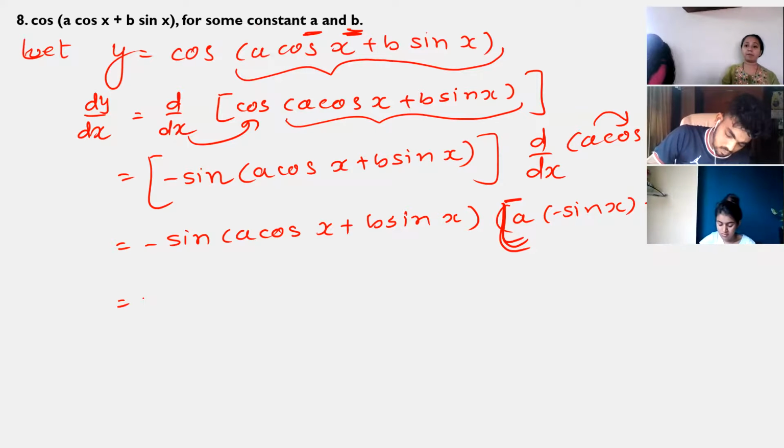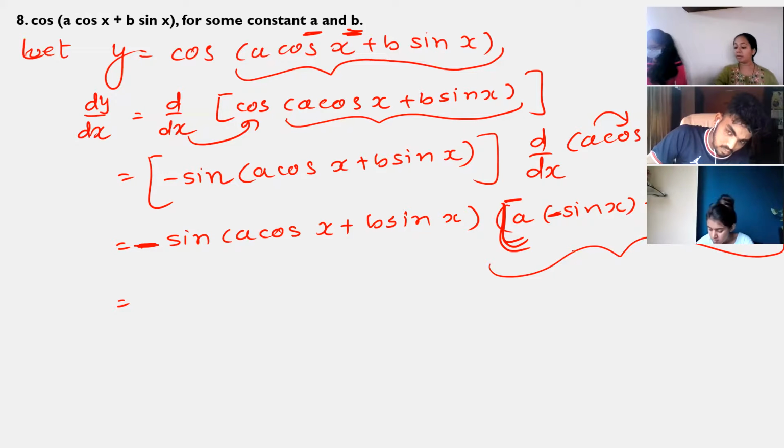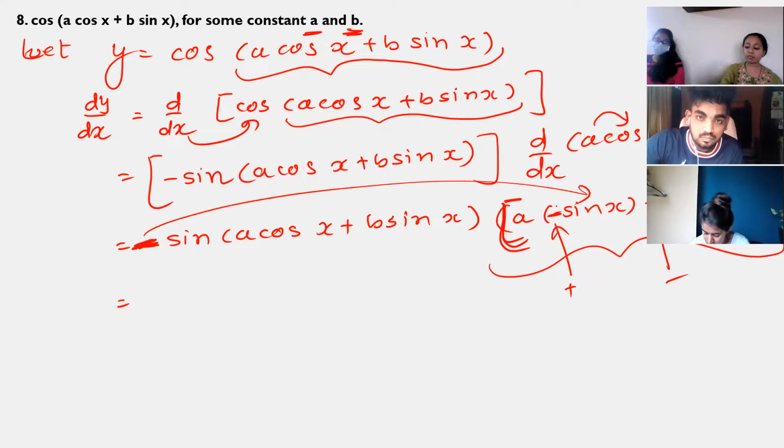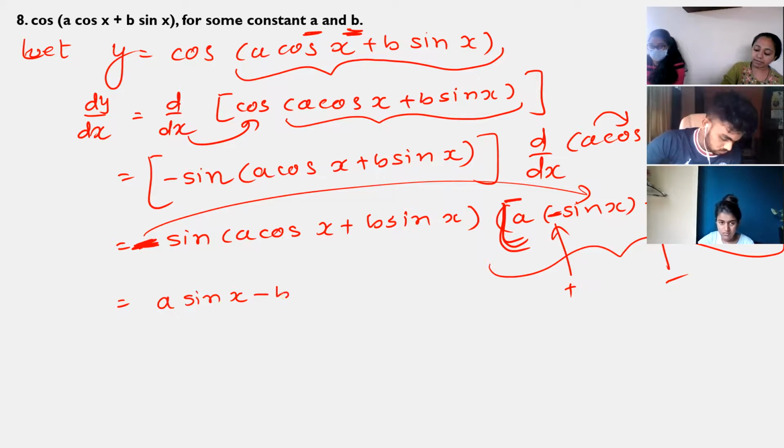Let us write in proper manner. I can write this first. And you can see here also negative sign is there and here also minus sign is there. From the second part I can take minus sign common. That means this minus will become positive, but this positive will become negative as we are multiplying this negative to this bracket. That means it will be a sin x minus b cos x first we are writing, and whatever the sine part